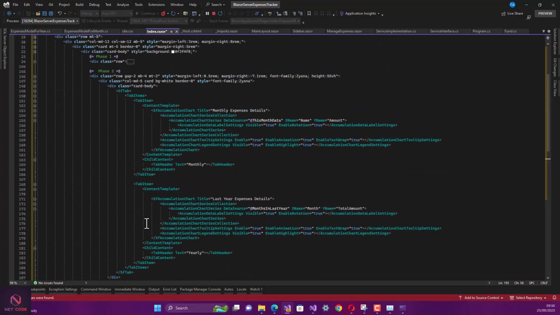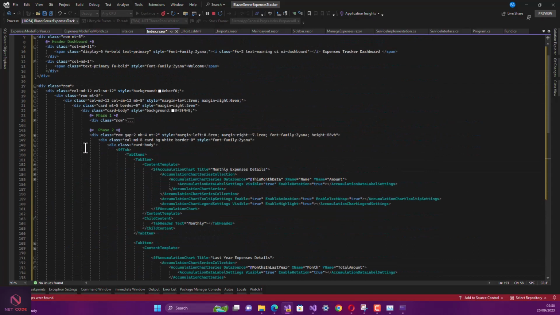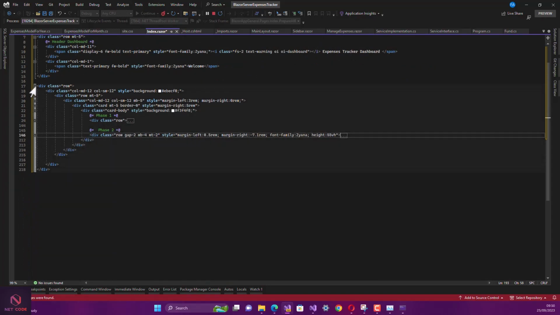So this is what we are doing here from the first and the second phase. So we are adding our chart. Now the next thing that we're going to do here is we're going to add our SF dialog. So we can have access to this add amount, add funds, and also add expenses. Okay, so the same section with the same index,